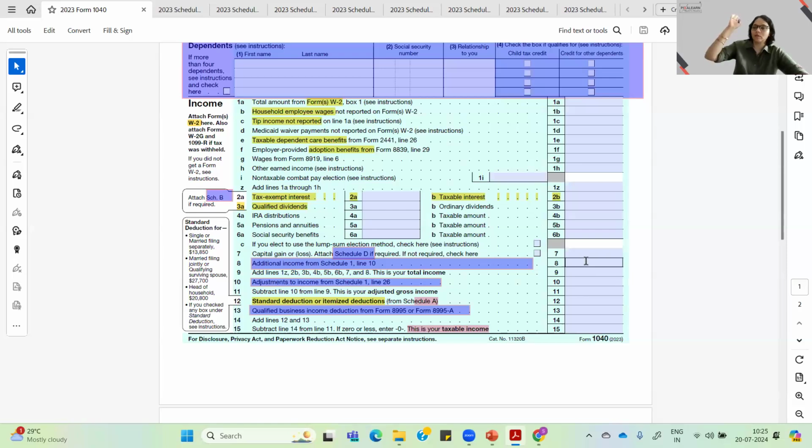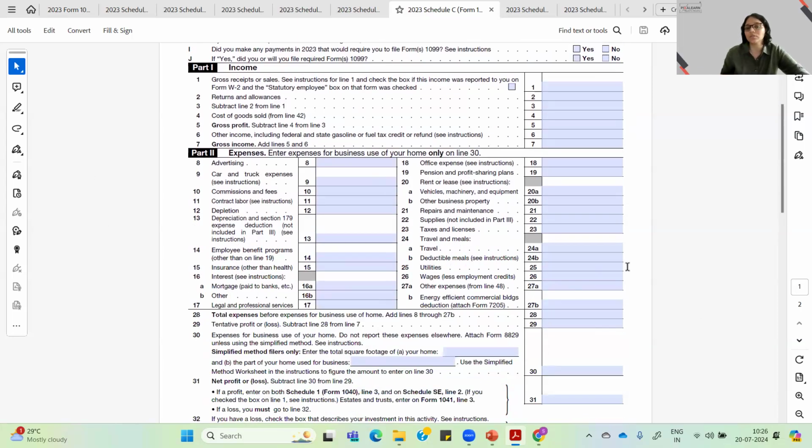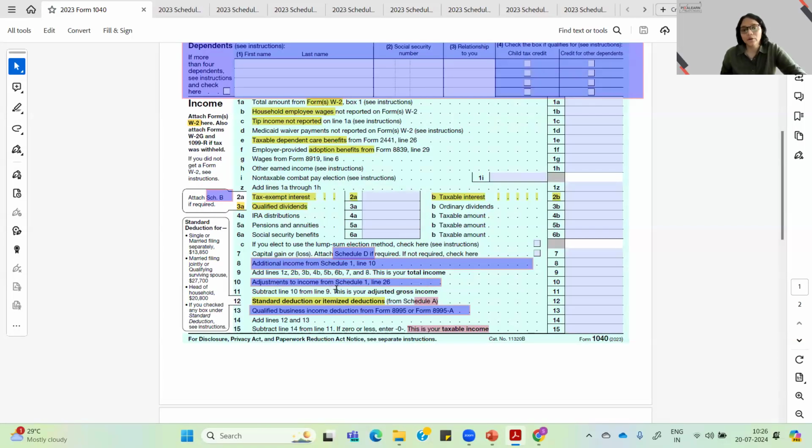So what we've done in gross income will include the results of your Schedule C, right? So this was your sole proprietorship income, which is Schedule C. This is the income that you're going to make, and all of these expenses were the business deductions that we were talking about. As a sole proprietor, all of those business deductions would come here. The final money that you will make in Schedule C would flow down in Form 1040 as a part of your